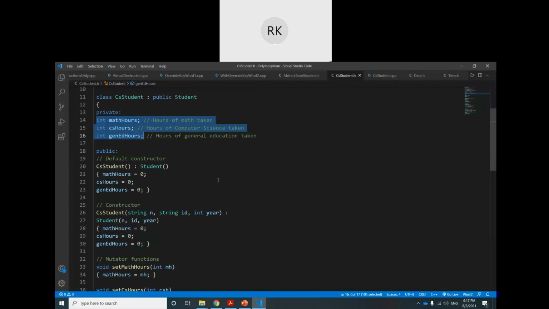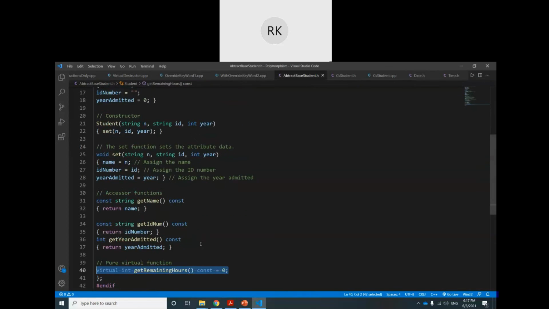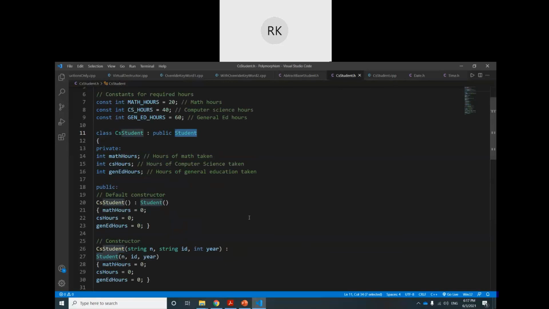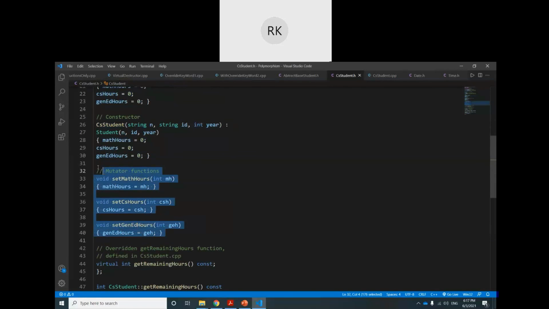Now this one is derived from the student class, and the student class is an abstract base class. And remember, whenever it is an abstract base class, that abstract base class has a pure virtual function, this one. So the pure virtual function is compulsory for derived classes, it must be redefined. So its constructors, its accessor, mutator functions.